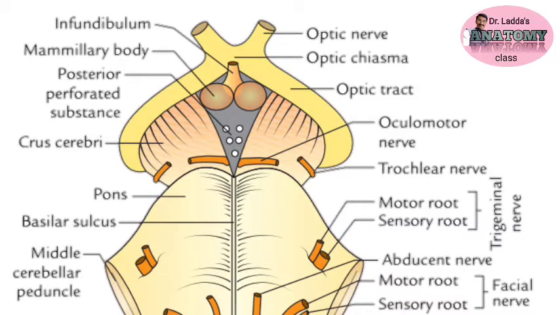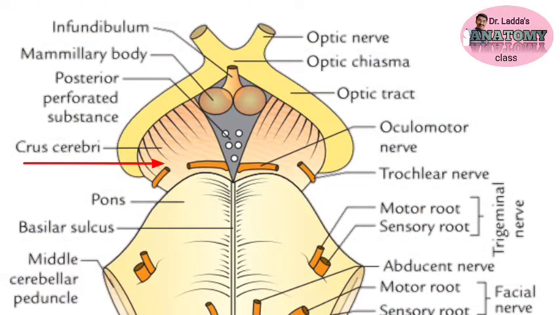There is one more. We will talk in detail about the crus cerebri, substantia nigra, tectum and tegmentum when we discuss the cross section of the brainstem. But there is one portion while we are looking at the anterior external features: the crus cerebri. What do you mean by crus? To crush. For easy understanding and remembering, crush whom? The cerebrum. We are crushing the cerebrum, making it flat, and that portion, if crushed and looking flat, is called the crus cerebri. It is just a trick to remember.